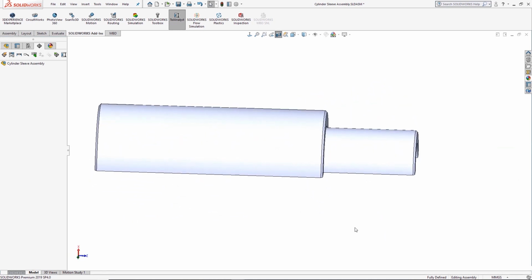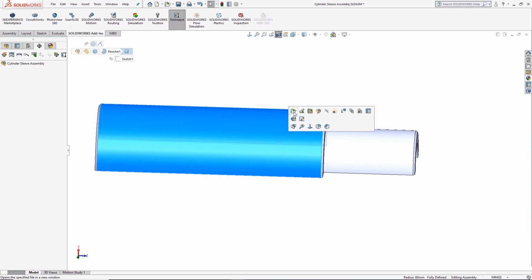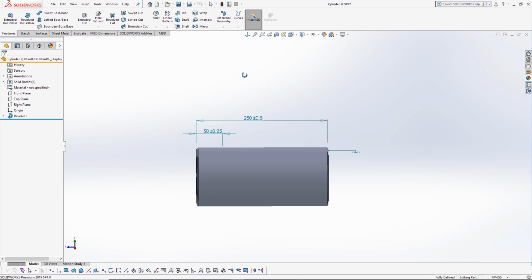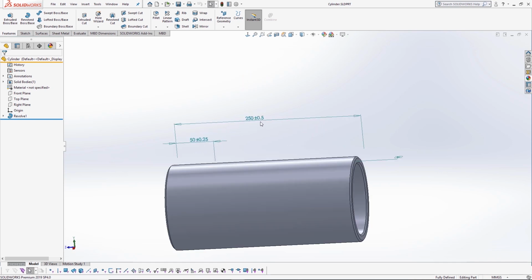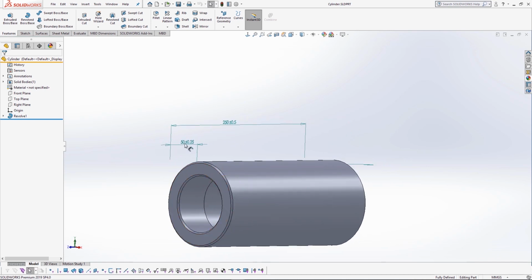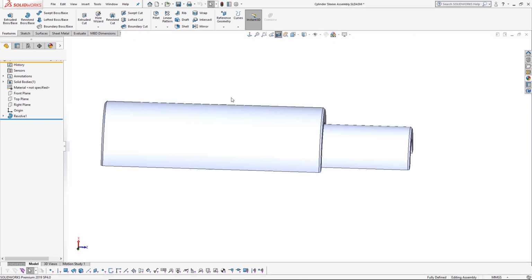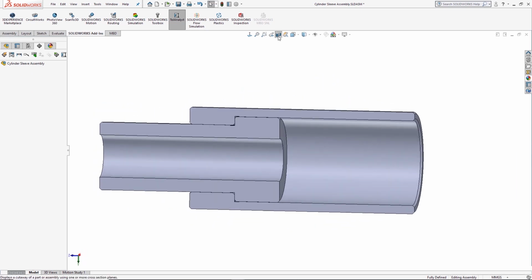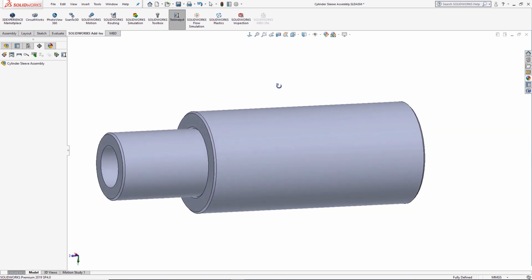The way that the TollAnalyst is going to get the tolerance information is by using the DIM experts. Within each one of these parts, DIM experts have been placed, and inside of these you've then got the tolerance we're going to use inside of the analysis. So for example, the length of this sleeve, 250 plus minus 0.5. The distance from the end to the inside lip, 50 plus minus 0.25. Both of these components have already been given DIM expert information.